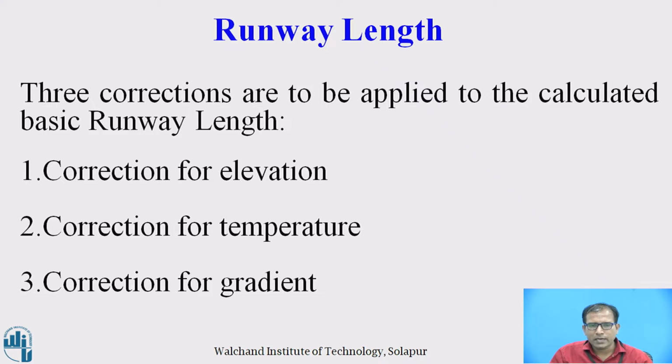The actual runway length is calculated by applying three corrections, namely elevation correction, temperature correction, and gradient correction. Air density reduces as we go to higher altitude. The air pressure and air density reduce, and the temperature also reduces as we go higher. Due to that, the lift on the aircraft wings will be lesser. So that is the reason we apply the elevation and temperature corrections and increase the length of the